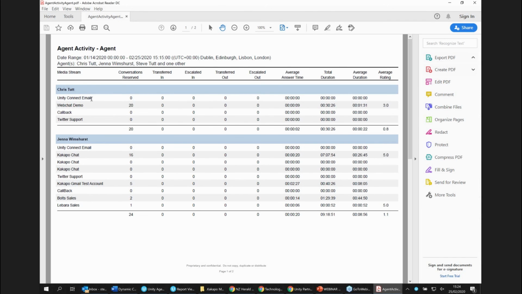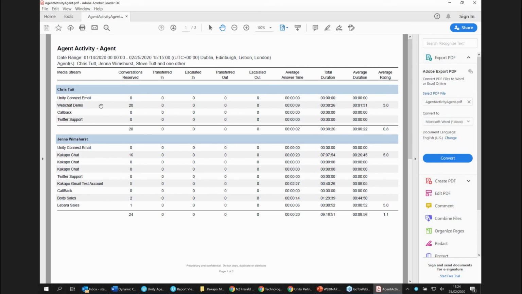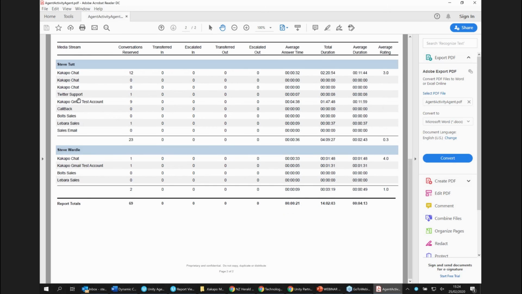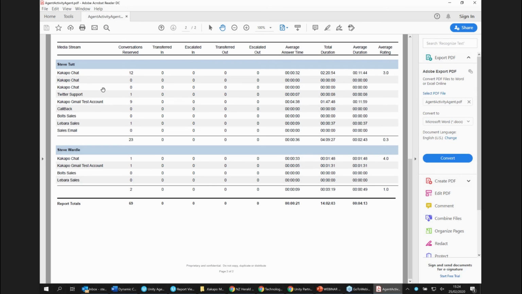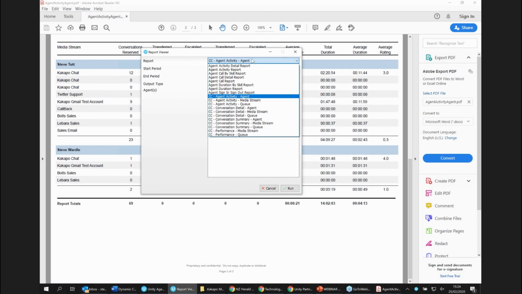So Unity Connect email, so this guy's not taken a lot of emails. He's done 20 web chats. He's not done a lot. And, moving down, as you can see, it's breaking it down by the agent. The last report I think I'm going to show you just quickly is where you can drill in to the